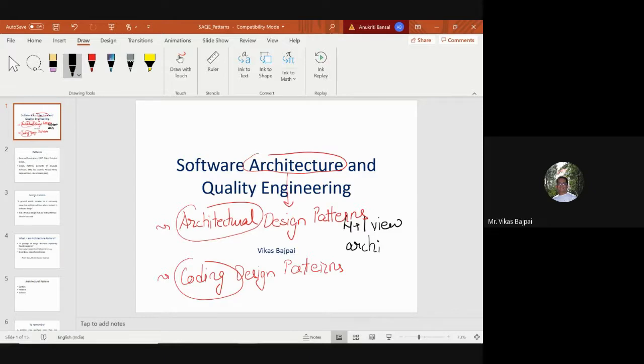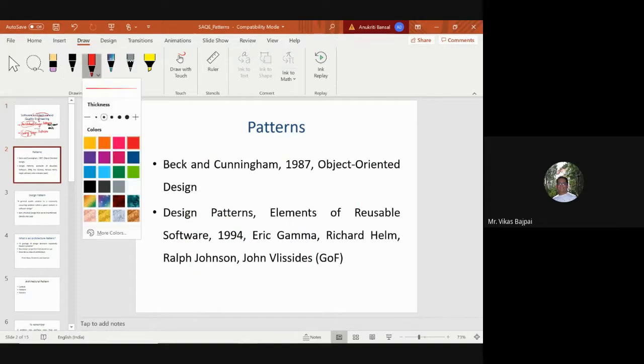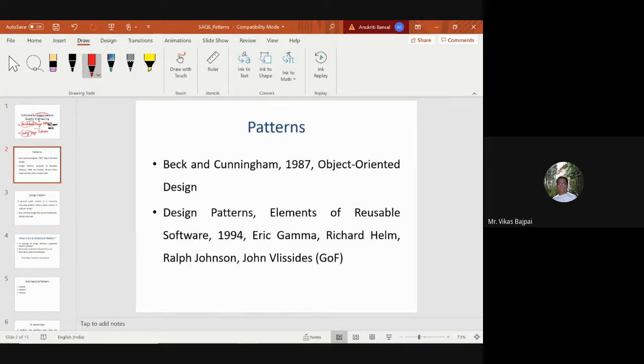Now, to start with, let's see what basically these patterns are. Let's see some basic definitions, right? So when we talk about patterns, this emerged, although it's a general term, in your software engineering or computer science when we were dealing with object-oriented designs, or you might have studied this under OOAD, which is your object-oriented analysis and design.